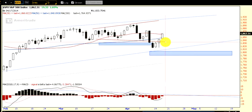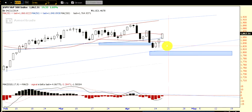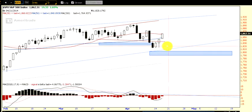If this pulls back, it's the same rules we've been using. Let's say that you're more of a trader and you want to get in gear with this trend. If this pulls back to a higher low, so it pulls back to a low somewhere in this area or higher, and then you get